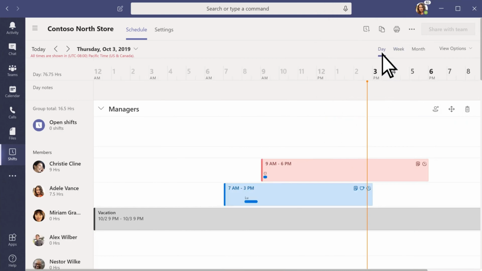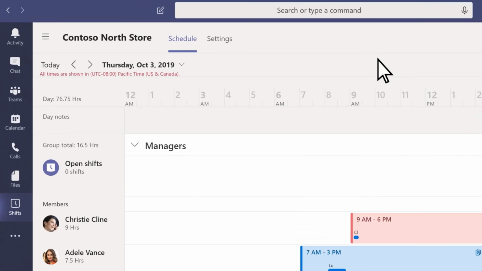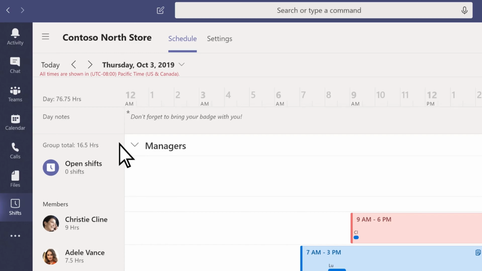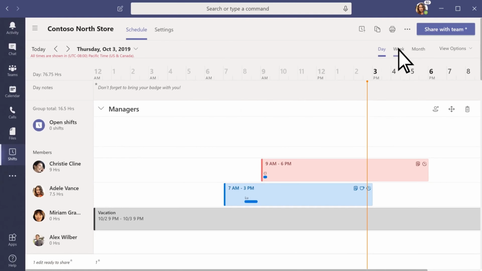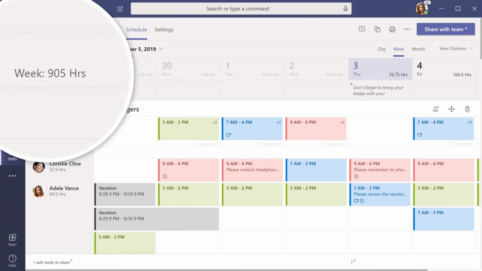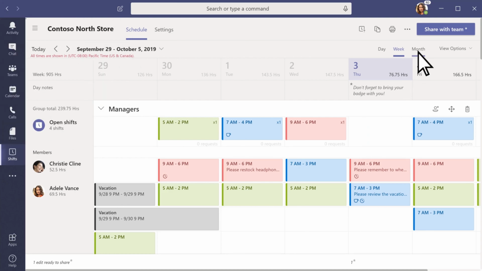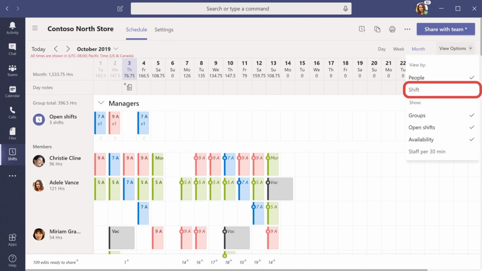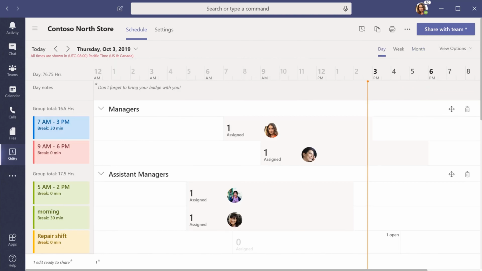Select Day to make sure there are no conflicts in a shift. Add day notes that appear when you share the schedule with your team. Select Week to see everyone's hours at a glance, or select Month to view or schedule shifts bi-weekly or monthly. Select View options to make sure you have enough coverage for a shift or to see everyone's